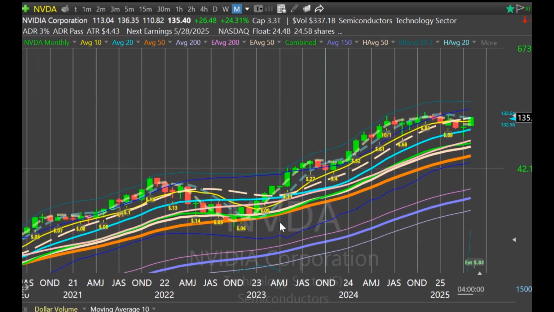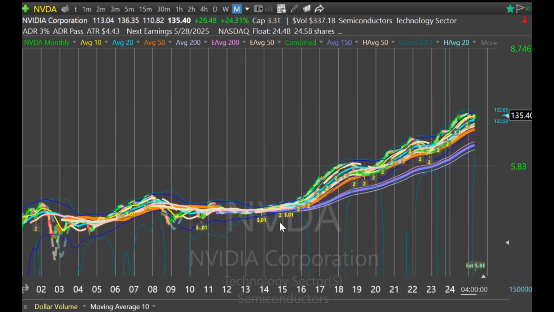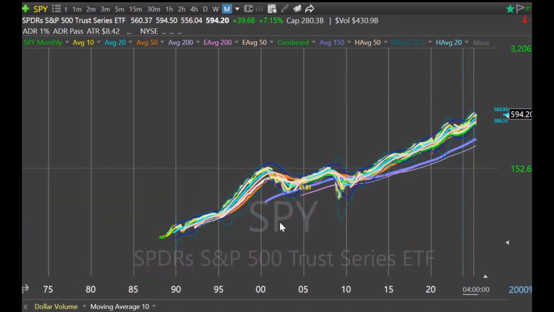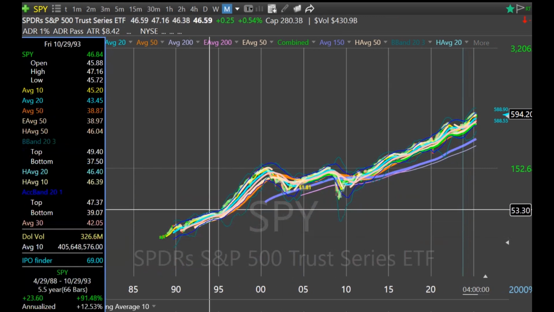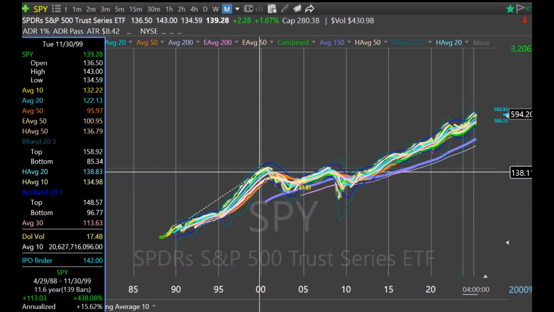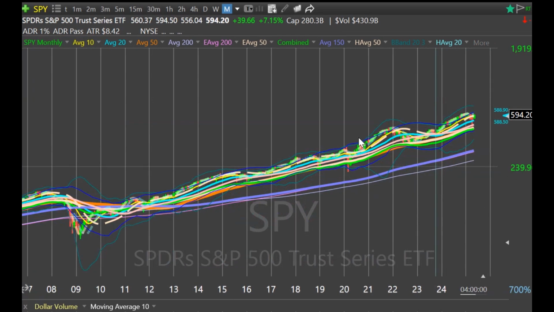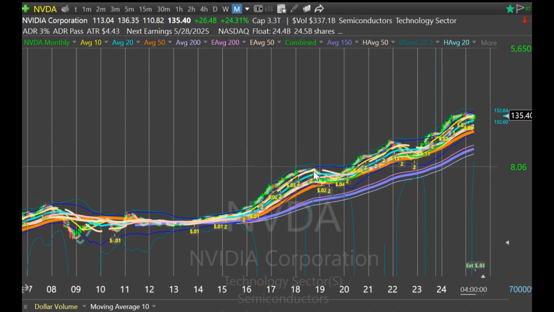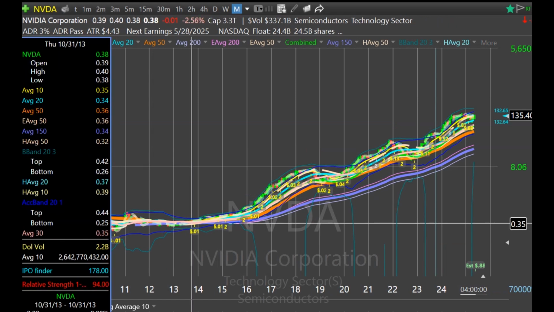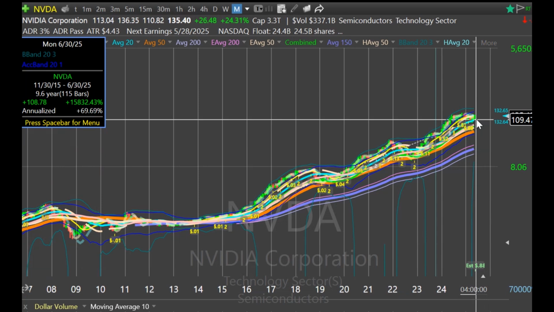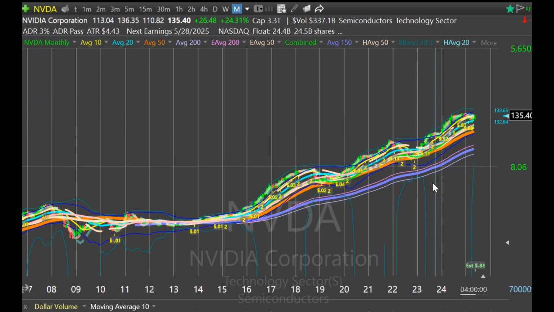Microsoft, I think, was 13 years. Cisco was 11. I looked at the S&P 500. I don't know if it goes back farther than that. That was a 12-year period, right? So NVIDIA, how long has this period been active? And you could say it starts here or here. About 9 years. So this is where I kind of think instinctually we have anywhere from 3 to 5 years left.